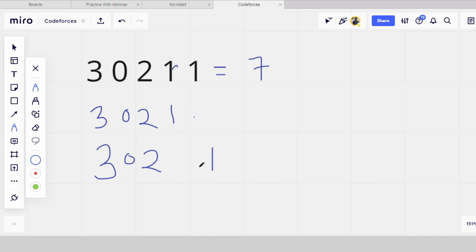So there can be two different possibilities. Another solution is 3 2 1, where we have ignored this 0. Then also the sum is 6. Another possibility is 3 2 1, where we have ignored this 0 and this 1, and taken the other 1. So how many subsequences are possible? 1, 2, 3, 4. So the answer of this test case is 4.